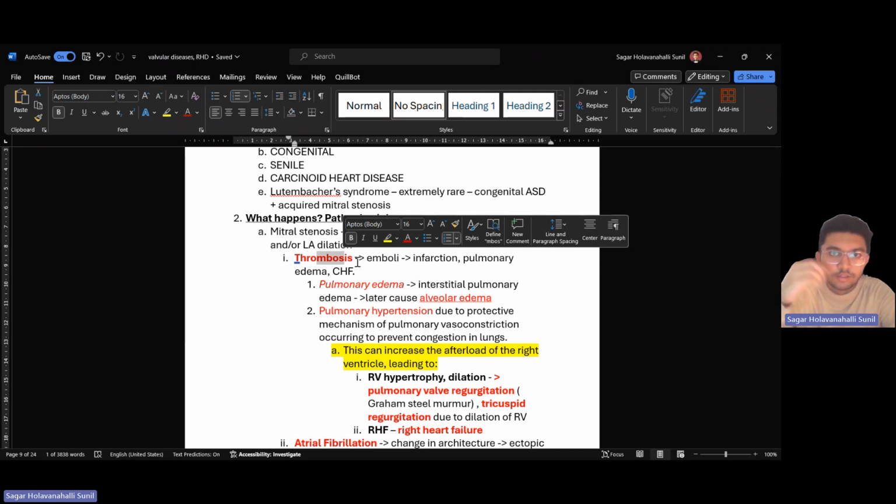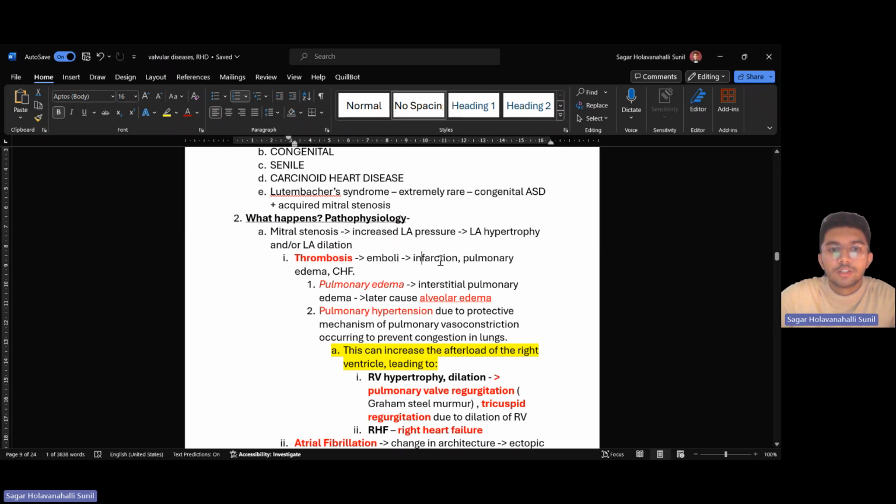There can be emboli. Basically, the moving thrombus is called emboli here. So the emboli can go from the left ventricle into the aorta, and from the aorta it can go into the brain. It can go into the rest of the parts of the body. It can go into the kidneys. So all of these can cause infarction